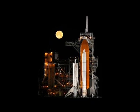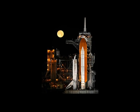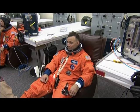The night before we were supposed to launch, we had just an absolute gorgeous shot. This is really a picture. This is not any Photoshop here. This is no kidding picture. Really pretty. About a little over 4 hours before launch, we all get suited up in the suit room at